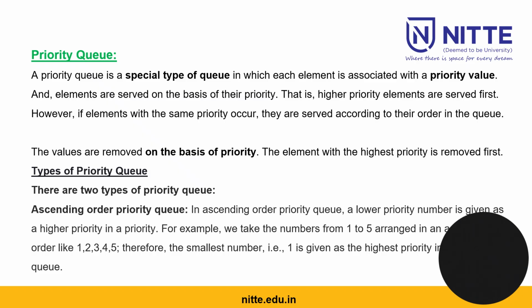Okay. If the number is 0, that means that element has the highest priority. If the element has value 5, that means it has the lowest priority. So if you take 1, 2, 3, 4, 5 as priority numbers, 1 has the highest priority and 5 has the lowest priority. This is called ascending order